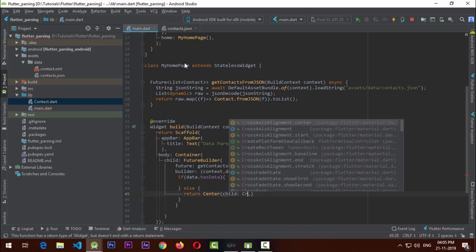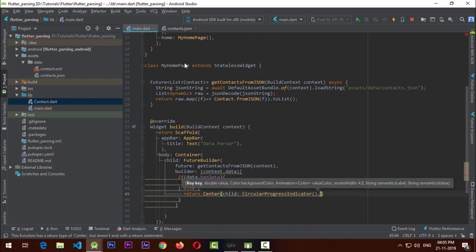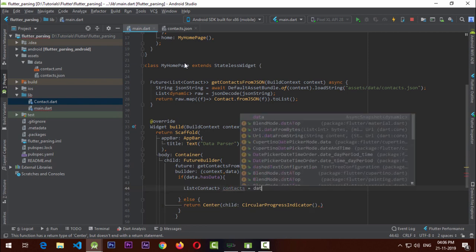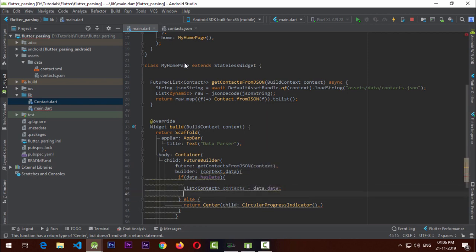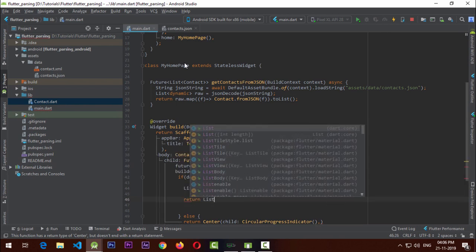In the center, we're going to put a circular progress indicator, and that is fine. And also, if the data has the data, we're going to get a list from that. List of contact, and we're gonna name it contacts is equal to data.data. And when we get the data, we're gonna return a ListView